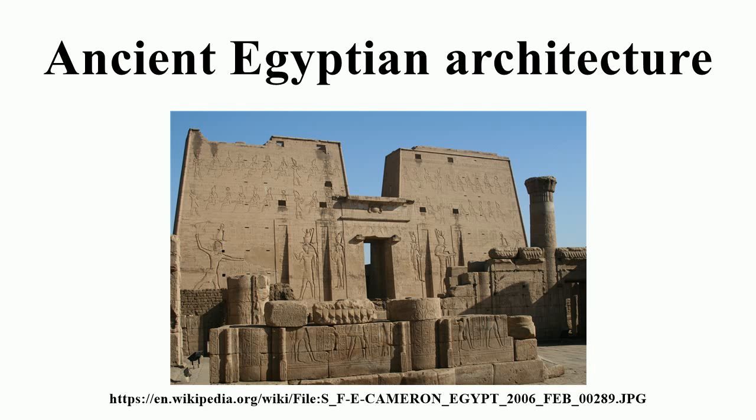Although the use of the arch was developed during the 4th dynasty, all monumental buildings are post and lintel constructions, with flat roofs constructed of huge stone blocks supported by the external walls and the closely spaced columns. Exterior and interior walls, as well as the columns and piers, were covered with hieroglyphic and pictorial frescoes and carvings